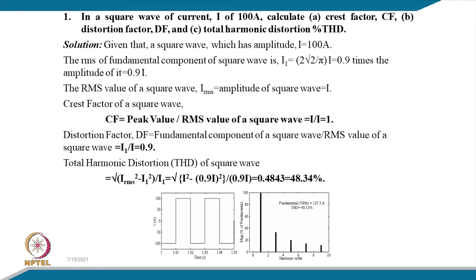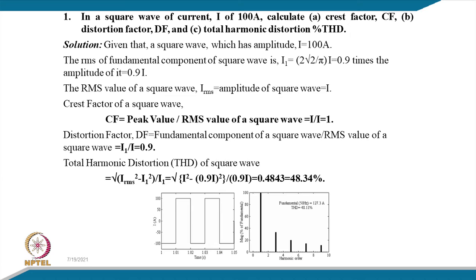ampere. The RMS component of the fundamental of a square wave is I1 equal to 4 upon pi divided by root 2, which becomes 2 root 2 upon pi into I. It is 0.9 times the amplitude, so it becomes 0.9 I. The RMS value of a square wave, I RMS, will be the same as the amplitude of the square wave, that is I. And the Crest factor of this square wave